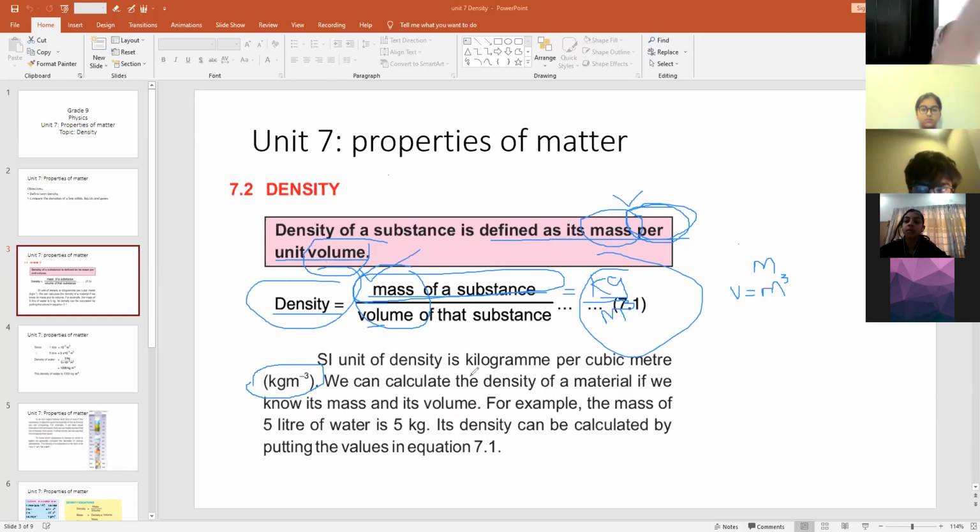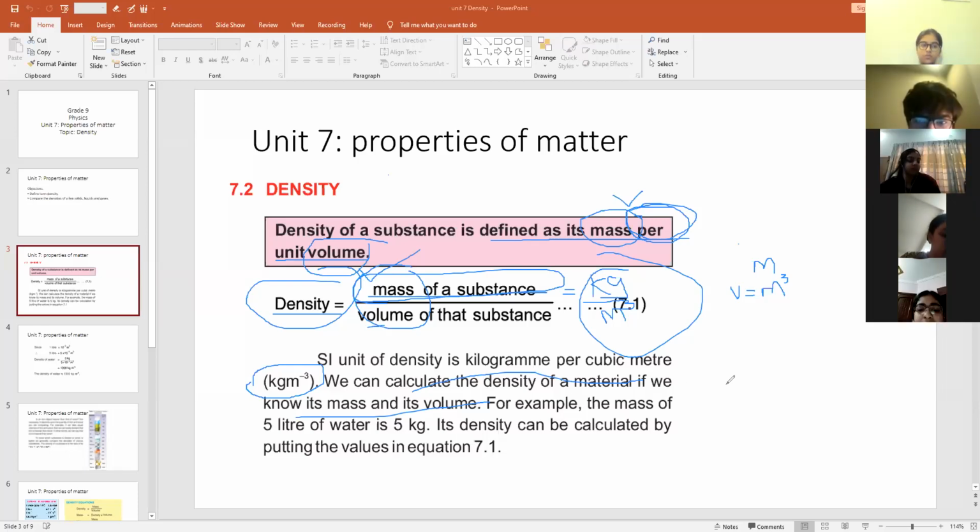We can calculate the density of a material if we know its mass and volume. So mass and volume are very important parameters to calculate the density of any material. If we have two objects, let's say we have a pin or we have a wooden block. Let's say this is a wooden block, and we have to calculate the density of